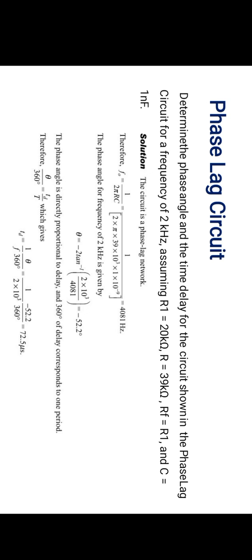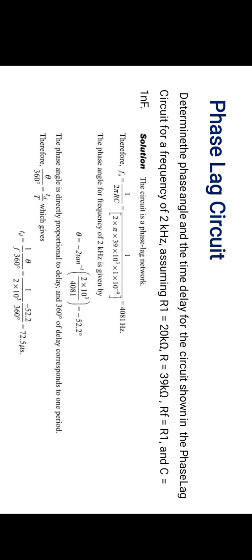Next, we can see the problem. Determine the phase angle and the time delay for the circuit shown in figure at the frequency of 2 kHz, assuming R1 equal to 20 kilo ohm, R equal to 39 kilo ohm, Rf equal to R1 and C equal to 1 nanofarad. The circuit is a phase lag circuit, so f0 equal to 1 by 2 pi RC. Substituting the values, we get